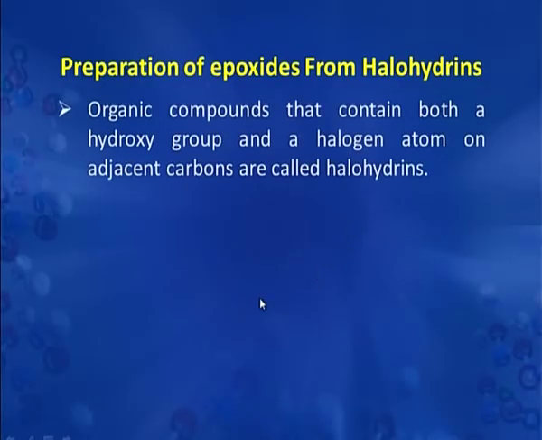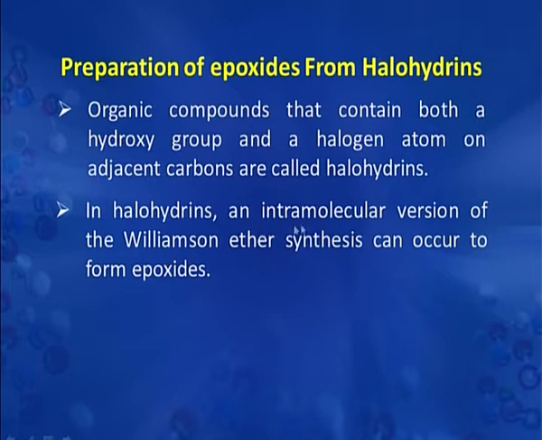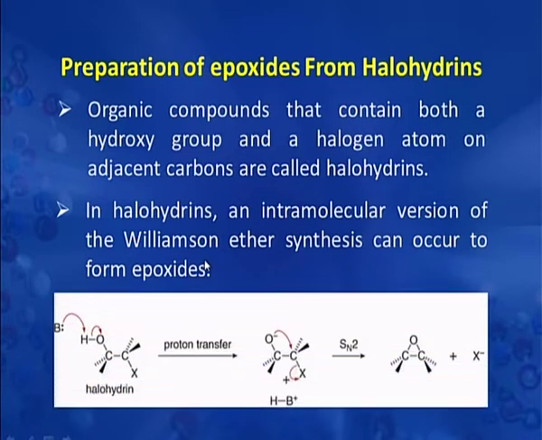We will now discuss the preparation of epoxide from halohydrins. Halohydrins actually are the molecules which have a halogen atom and a hydroxide also in the same molecule. When intramolecular Williamson's ether synthesis takes place on halohydrin, then there is formation of epoxide. We will take you back to Williamson ether synthesis, which we discussed in the first episode, in which we discussed that when we have to prepare unsymmetrical ethers, we prepare them by taking the sodium salt of any alcohol along with